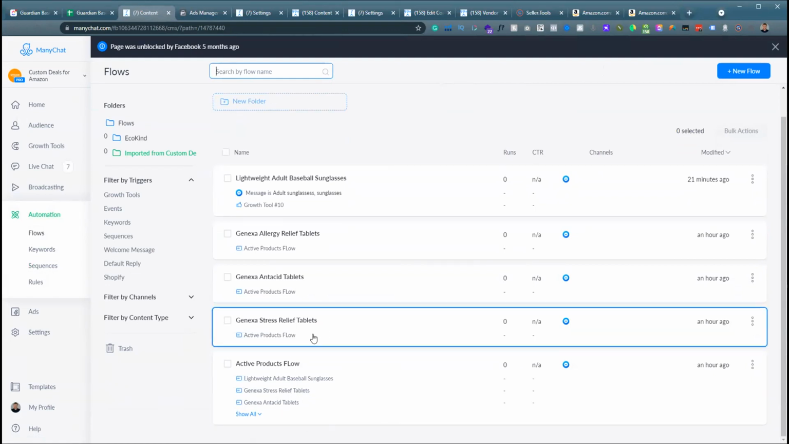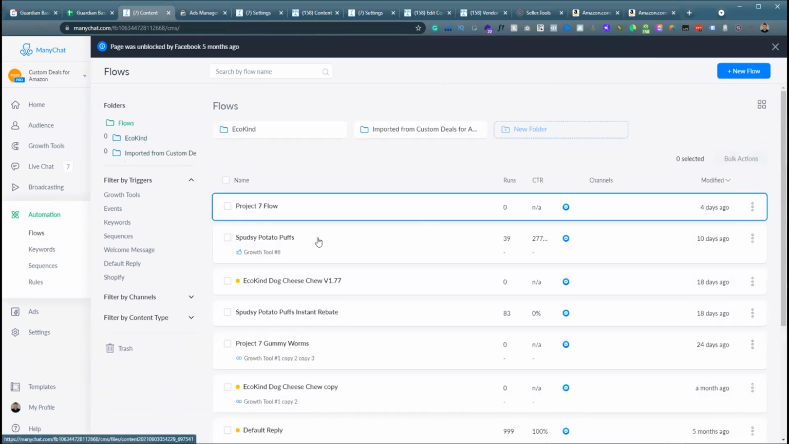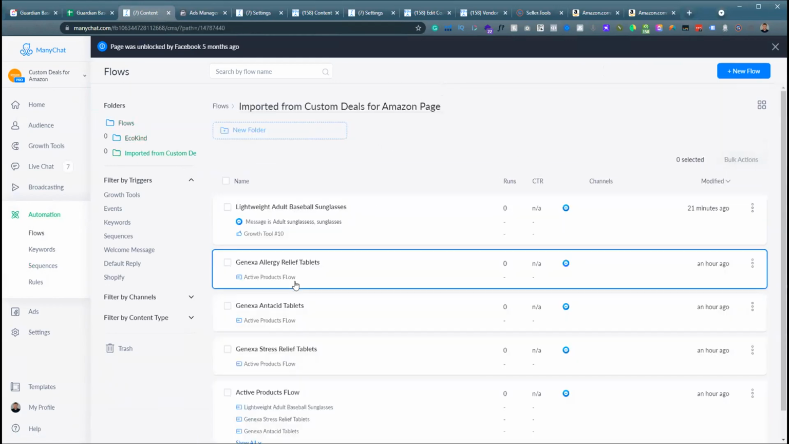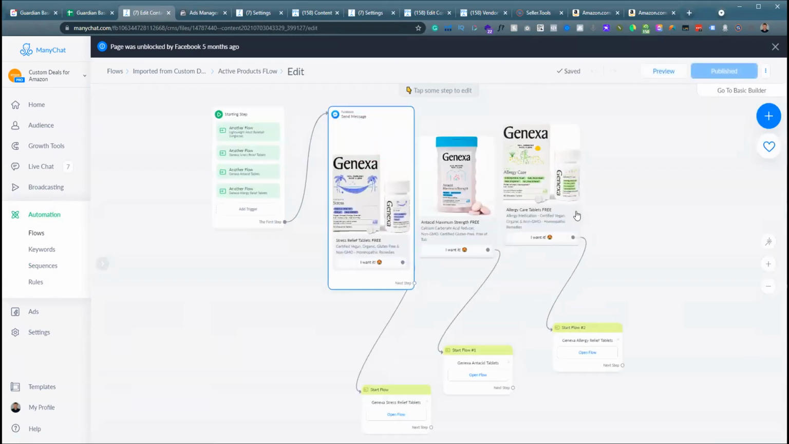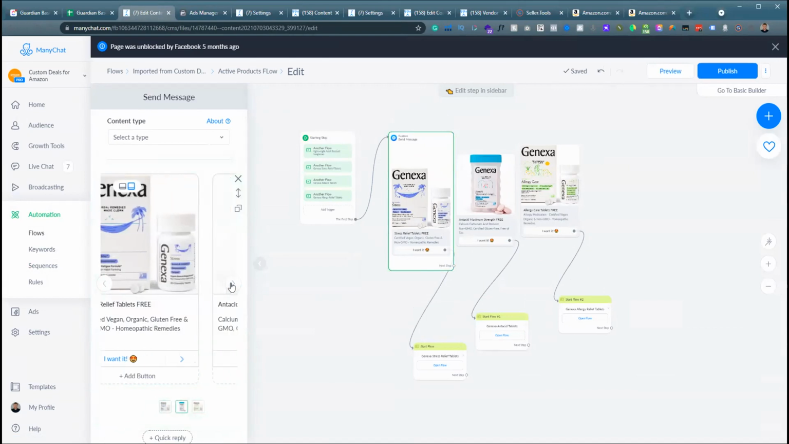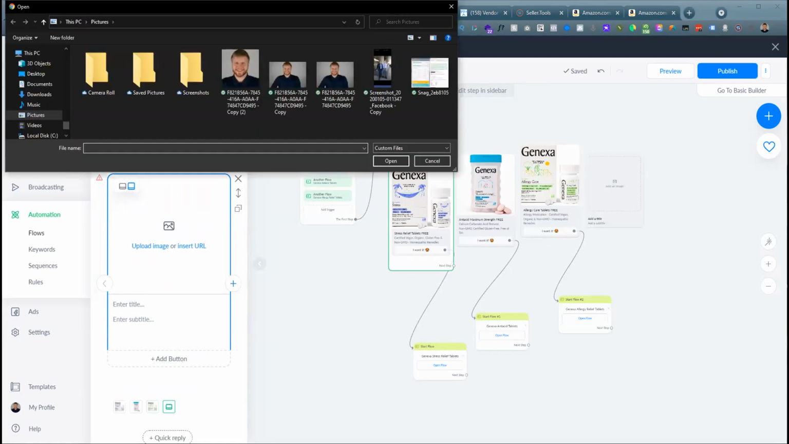So this could be in multiple places. This could be either in the imported from Amazon deals, or it can be right here. But basically, there's going to be this flow, and it's going to be called active products flow. When you set up a new product, you're going to click on this, and then you're going to go to the right. You're going to press add, and we're going to upload that image of, let's